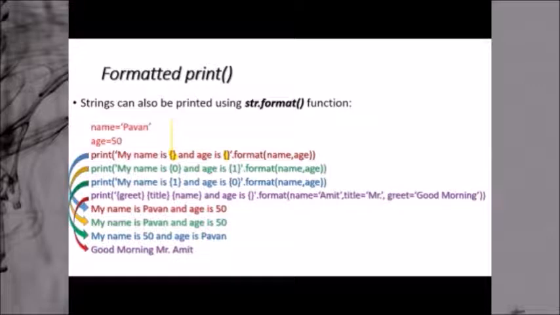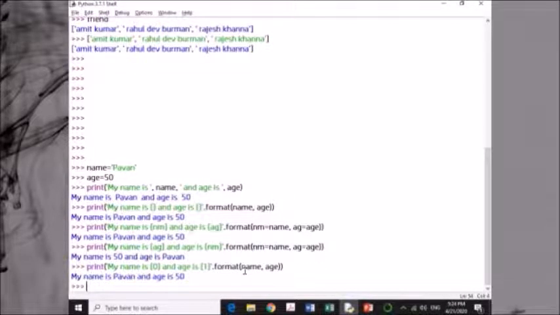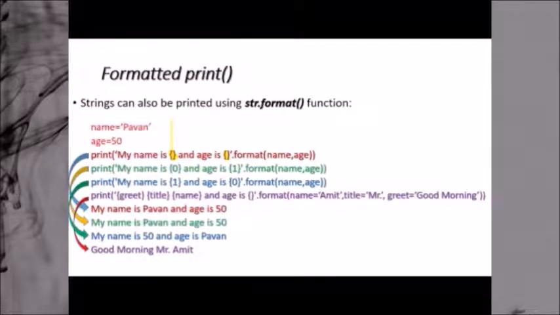I can use the subscript also. I can use 0 and 1 indexes also. The same thing can be performed without using the name and age variables, with the help of subscripts. Like I can write here 0, I can write here 1. This is the 0 and this is the 1. My name is, so 0 1 subscript. Now the subscript can also be changed. Similarly, I can have, like this, this statement.